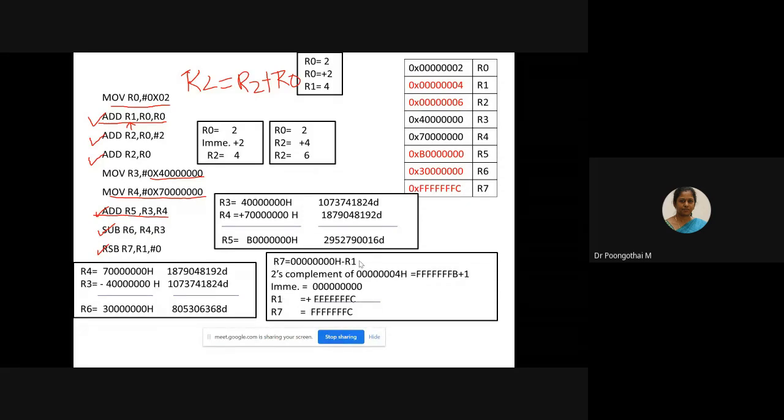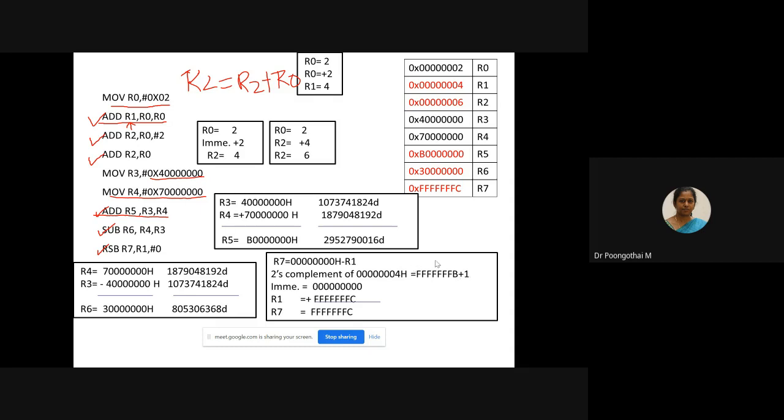For that, we have to take the 2's complement of this R1 register. What is the content of the R1 register? Your R1 register holds 0x04. So we need to take the 2's complement of this particular value.